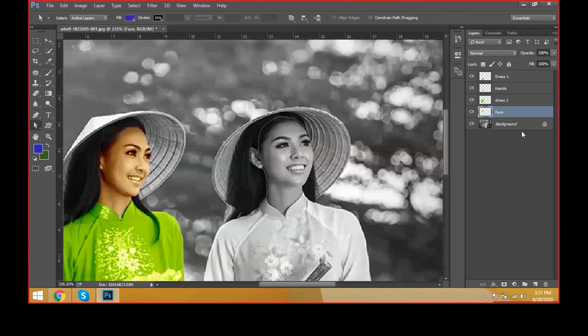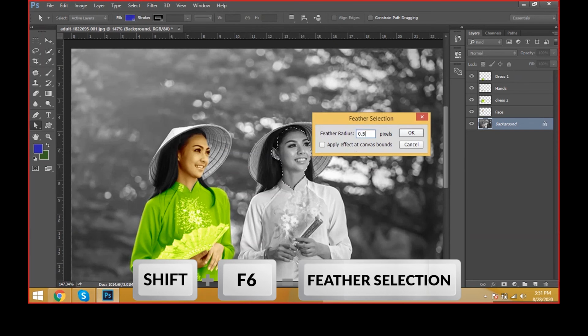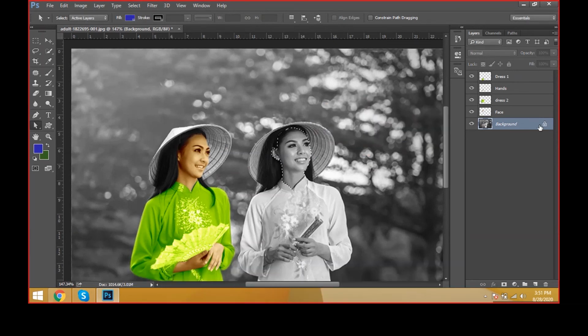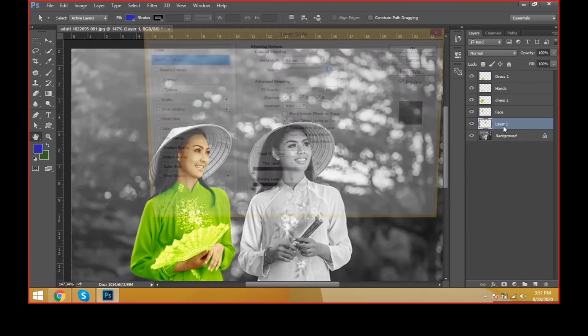Now come to the original document. To get the selection from the path, press Control Enter for path selection on the keyboard and give feather selection, Shift F6 on the keyboard, 0.5 pixels, and click OK. Then go to the original document and Control J to duplicate the layer, and this is called face.